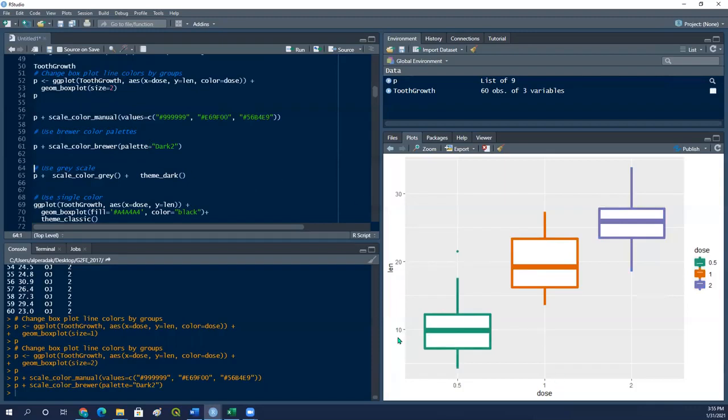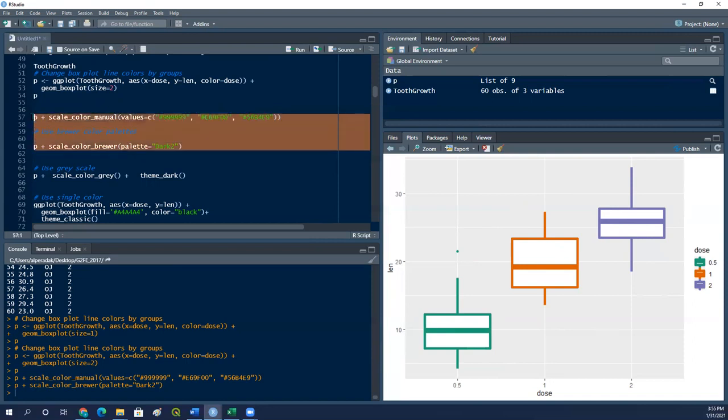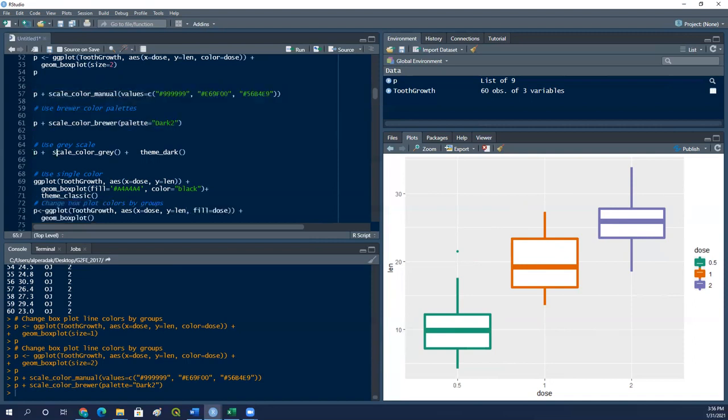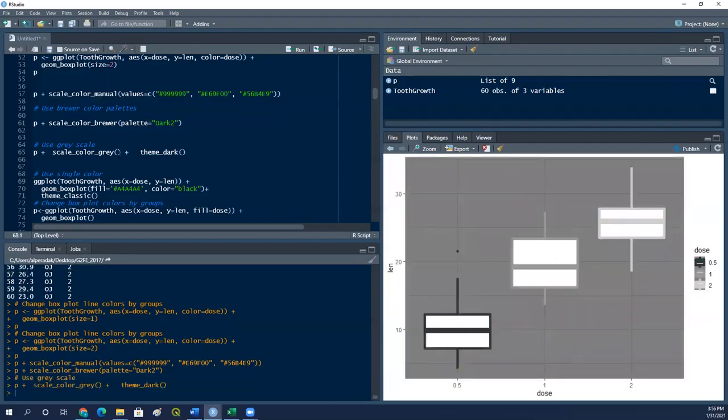For instance, the first 3 color combination of dark tree is this one or this one. So you can set manually, or you can use a color palette. I just would like to show these 2 ways to you. Or you can, of course, change the background color. Like you can say theme dark, for instance, and you can use